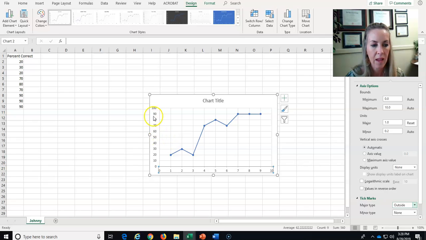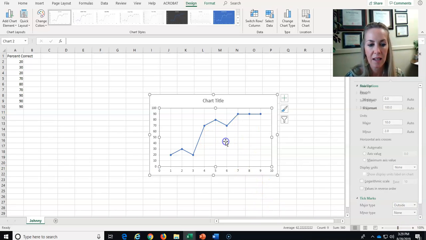Okay. And since we're dealing with percents, we need our vertical scale to go to 100. It already is, but if it wasn't, I would just click once on a number. Now I will right click, format that axis, and I would put my maximum bound as 100. And my units at 10 are fine here, and we'll put little outside tick marks because I want to get